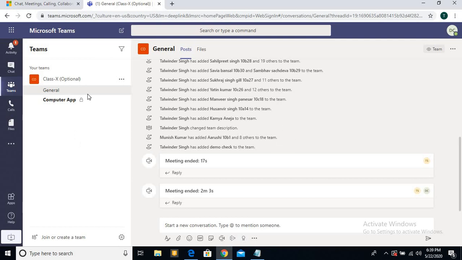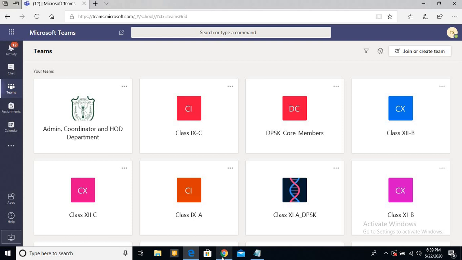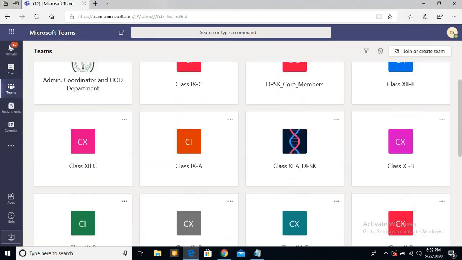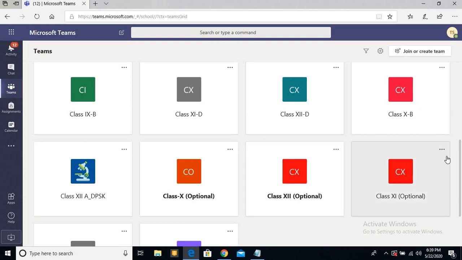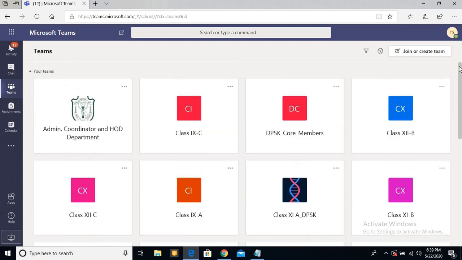That's it. Now this is the user end ID which I have shown you right now. Now I am going to switch to the teacher part. So you see your class is, so say ये class 10 के student की ID है team app पे, means class 10 is a class of that student. So आपको आपकी class show हो रही है, you just active in that. Now teacher will go to in that team, say class 10 optional. I think I am already active in that team, that's why.